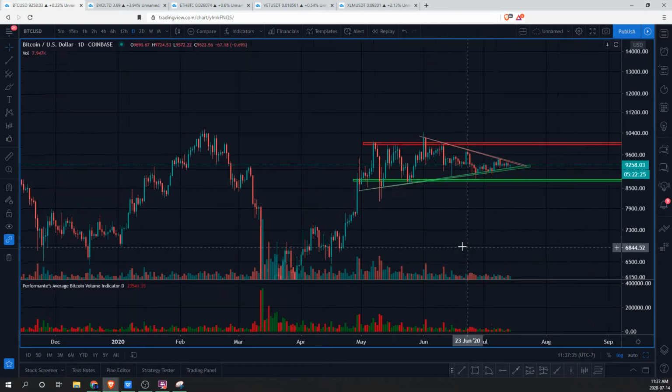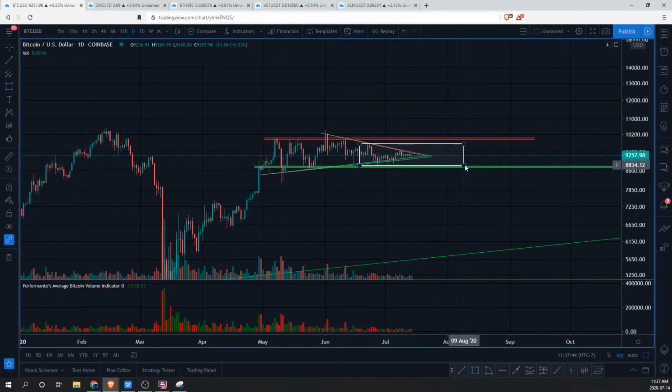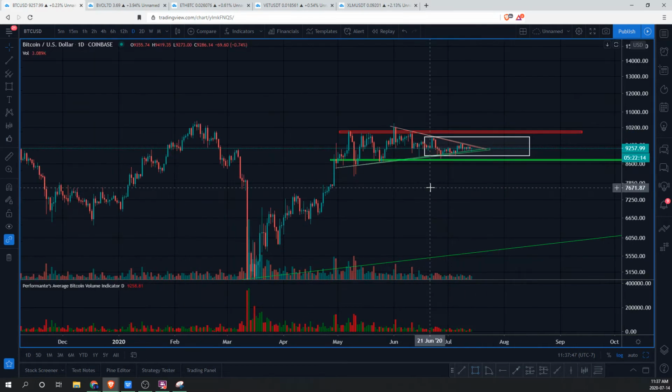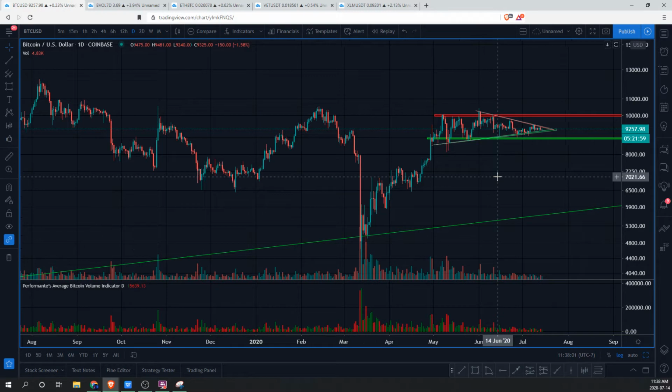And what we're seeing right now is another contraction in volatility, right? That's exactly what we're looking for. So this is another contraction in volatility. We don't know exactly how long it's going to be, but we do see volatility and the movement of price action getting smaller and smaller and smaller. So what we're expecting is either a massive move to the upside or a massive move to the downside, right? And that is basically global risk sentiment, and in my view, the direction of the S&P and other traditional markets is going to dictate the direction of Bitcoin's movement for this upcoming either massively bullish move or massively bearish move,